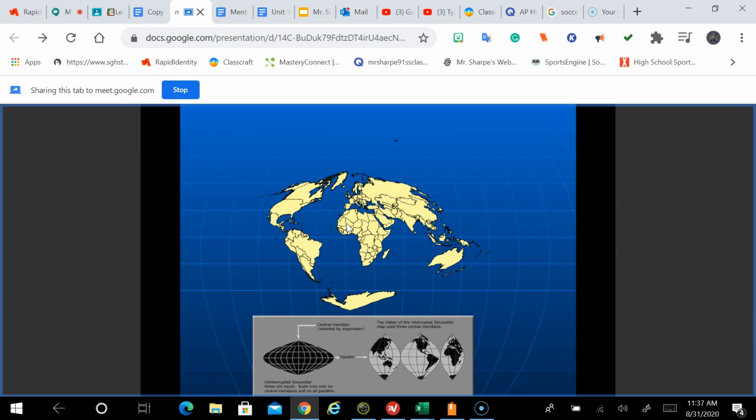They try to limit the amount of distortion of the surface's size, but it's harder to navigate. So in your notes, you're going to see,